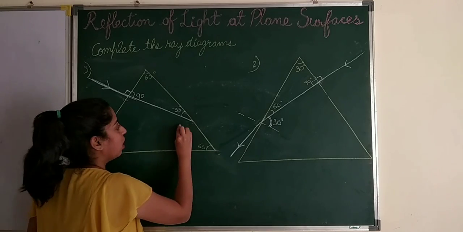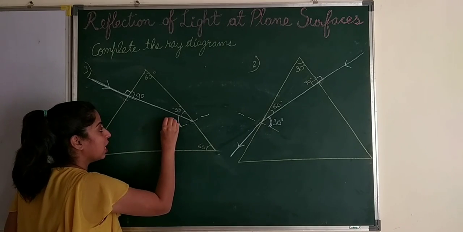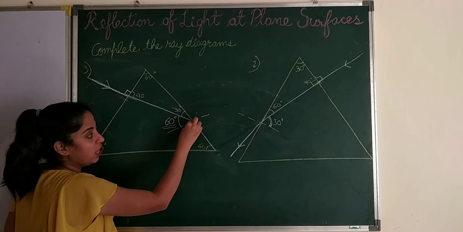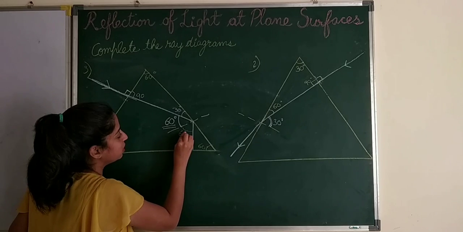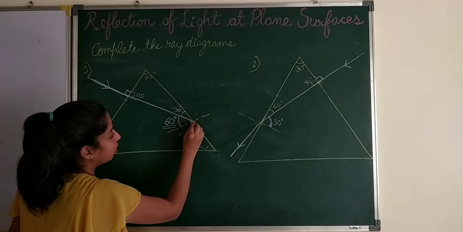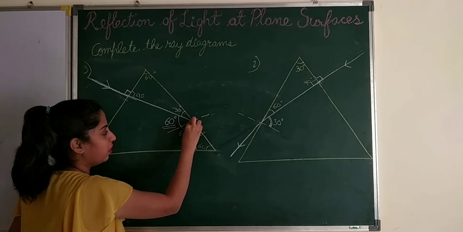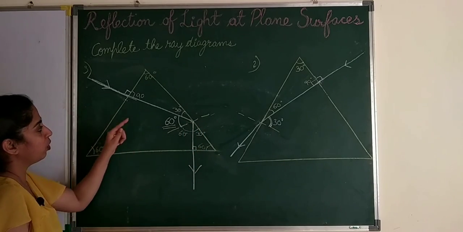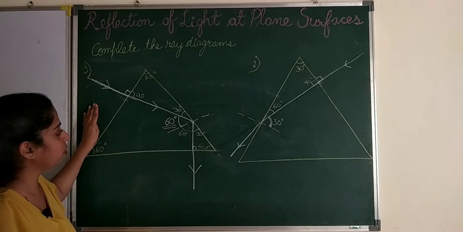Here again we will make a normal. So the angle that it makes with the normal here is 60. Now students, 60 is more than the critical angle, so it will do total internal reflection here. So it will reflect like this. 60, here also it should be 60. Now see this triangle. This is 60. This is 30 because this is normal, this is 60, so this is 30. So here it should be 90. So if it is falling at 90, it will go straight up. So this is how you complete the ray diagram. Students, remember to make arrows so that no marks are cut.